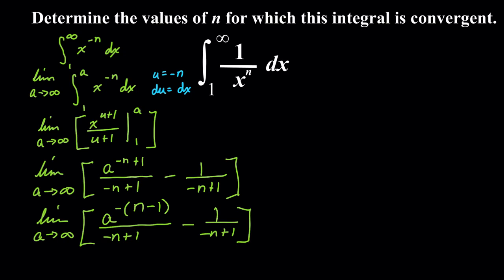Now, what I can do with this part right here is, because this has a negative exponent, we're going to move this to our denominator. All right, so that's going to give us the limit as a approaches infinity of 1 over